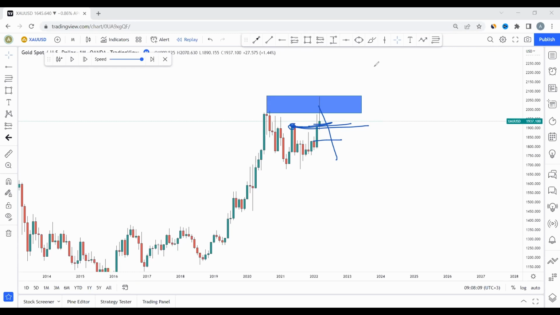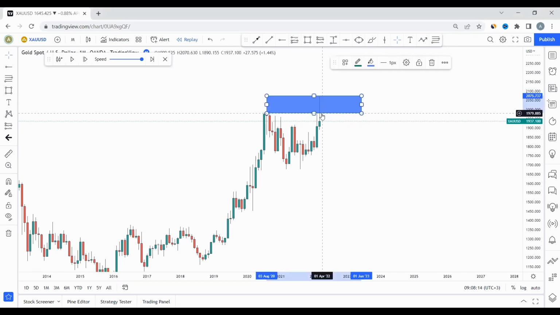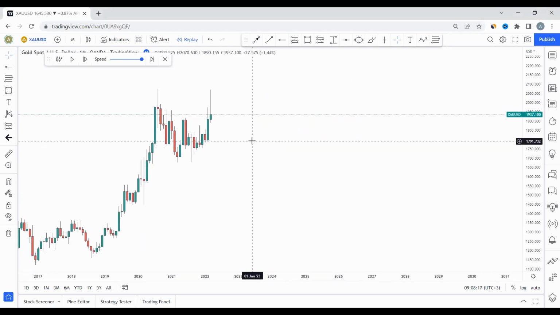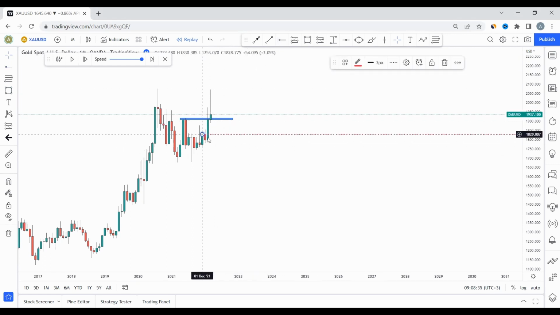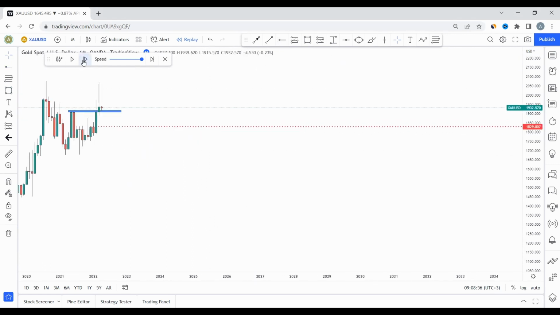So you need to exercise patience when you're trading, right? So our first indication has been given to us, but we're still not going to be interested in thinking about selling gold unless this area here is broken. So I'm just going to mark it, and then I'm going to forward play. We're only selling gold unless this point is broken. So it's when we're going to be interested in selling gold. And our target will be, let me just mark, our target will be this one here, right? Step by step so that you don't get lost, right? We're only going to get interested when we break below that level.